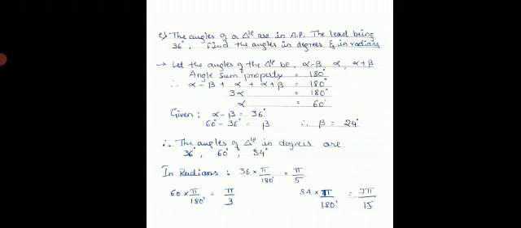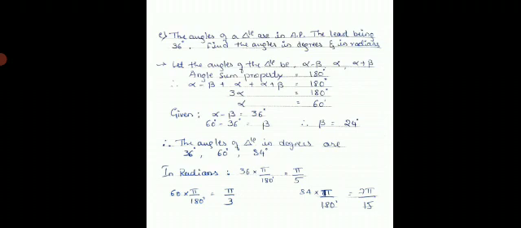So that we get the value of alpha immediately. Now we know that the angle sum property is equal to 180 degree. Add these three angles, make it equal to 180 degree. Then alpha minus beta plus alpha plus alpha plus beta is equal to 180 degree. Plus beta and minus beta will get cancelled. Then 3 alphas is equal to 180 degrees. Now divide both the sides by 3, you get alpha value, that is equal to 60 degree.